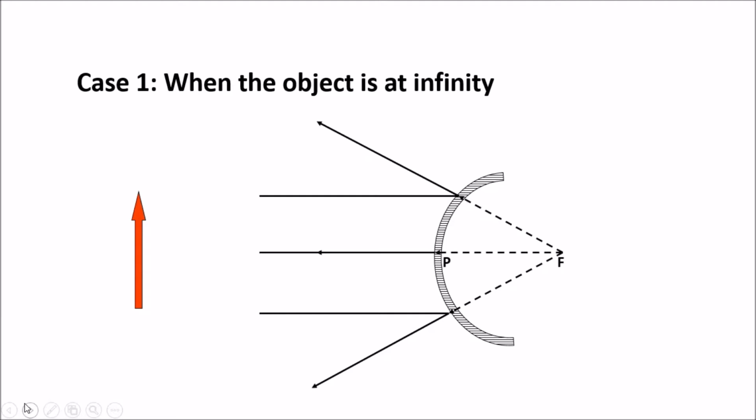If you take them backward, you feel they converge, but actually, if you stand at this place or this place, you feel that the rays are coming from the focus, and that's why we say the convex mirror is a diverging mirror. So when the object is at infinity, the image obtained would be at focus, and because it's behind the mirror, it's going to be a virtual image, and the size is going to be point size compared to the object. So let's have the conclusion.